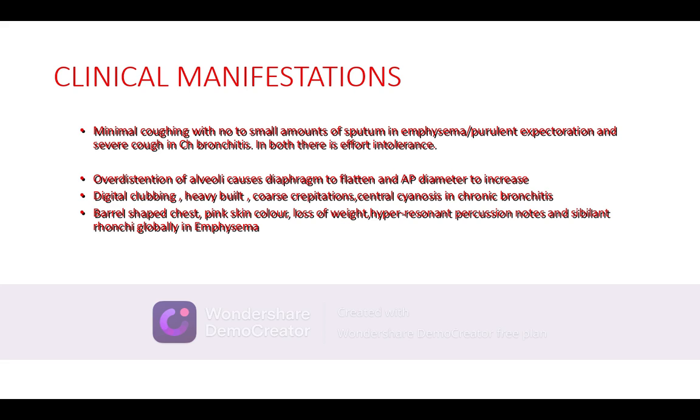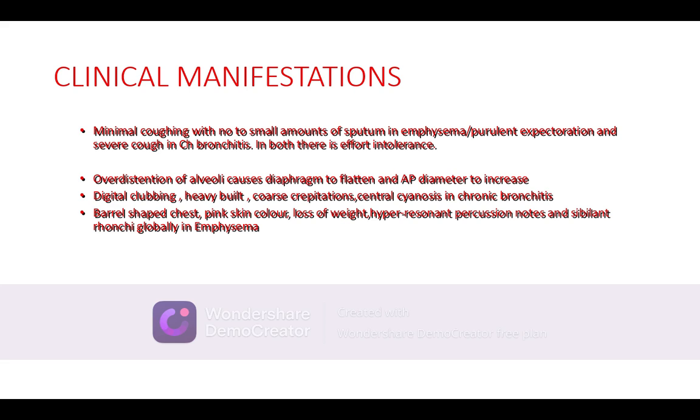The important thing is this: in emphysema, the major problem is dyspnea, and in chronic bronchitis, the major problem is expectoration. Mainly these are the two differences which I have said to you. Overdistension of the alveoli, which actually occurs in these cases, causes the diaphragm to flatten and the AP diameter to